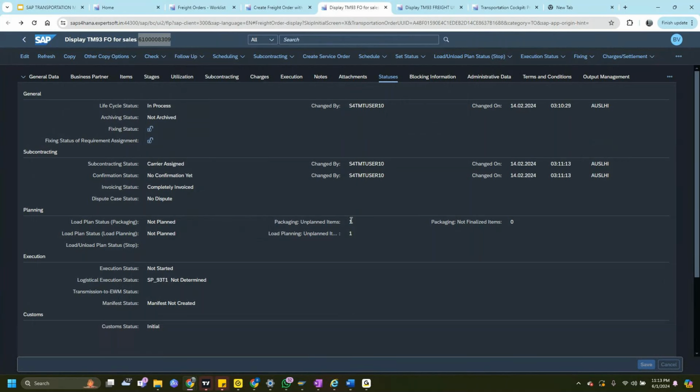It is an asynchronous process. Basically, as soon as you click on this, XML will be generated and sent out to the EWM side, and EWM will receive that XML in their setup and create a TU in their system. The delivery gets associated with the TU.